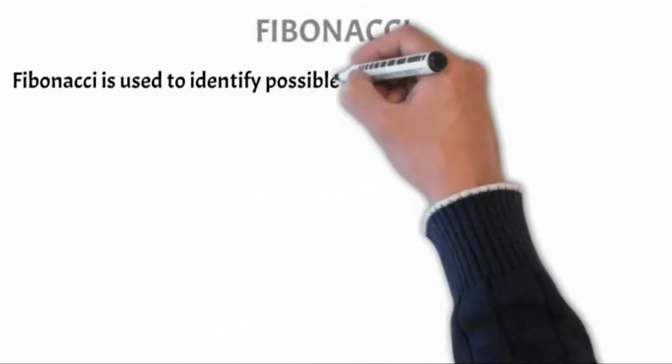Next topic under technical analysis is Fibonacci. Fibonacci is used to identify possible reversal zones after an up or downtrend. In technical analysis, Fibonacci retracement is created by taking two extreme points on your forex chart and dividing the vertical